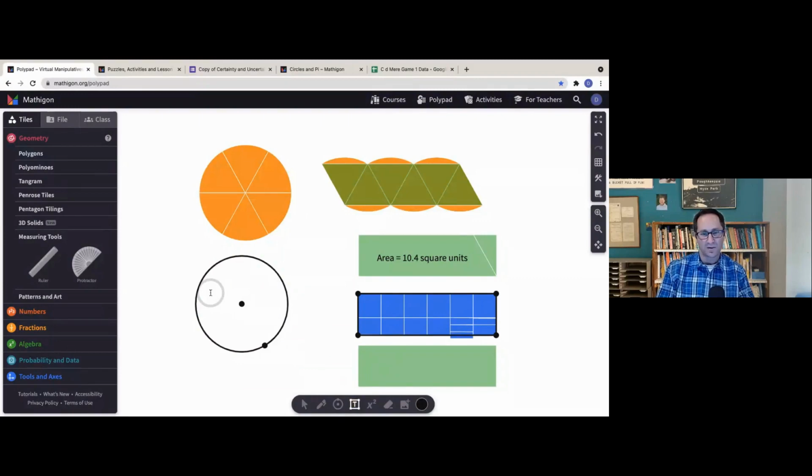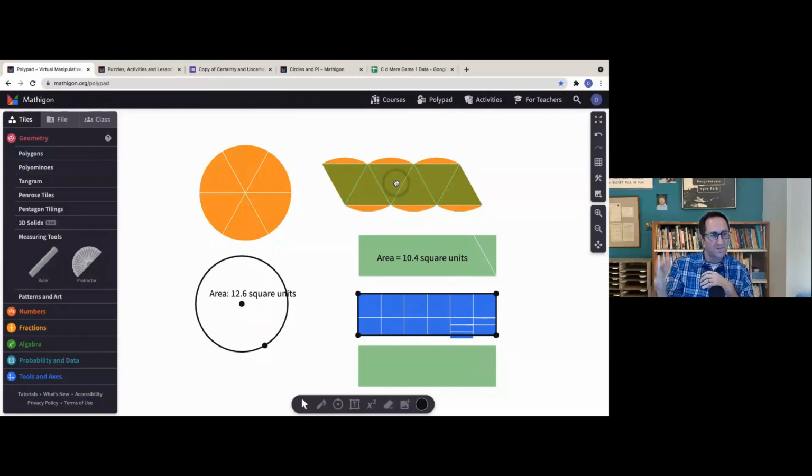And certainly now a great conversation in the class as to why the area is not the same, right? What happened in this process that caused the area of the rectangle not to be the same as the area of the circle? And certainly it's those pieces that weren't part of the parallelogram. If I was doing this in class with students who hadn't explored on Polypad before, maybe this whole one I would do as an example first. They'd be doing it at the same time. And then I'd say, how could you make this better? And then have them go off and try to make it better.